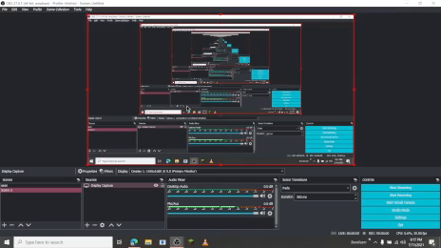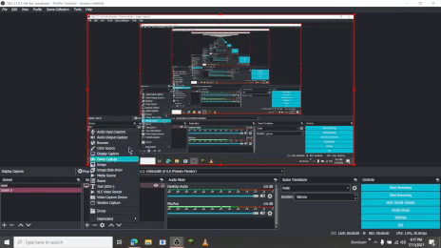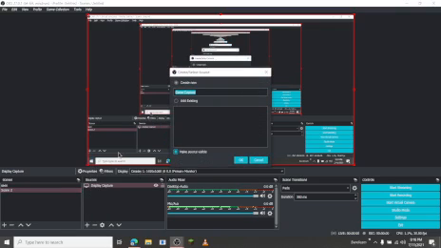Now if you want to capture a game or whatever you want to do, you can get it from here only. Everything is here: audio input capture, audio output capture, browser, and the video capture device is also there. Now what you want is the game capture. Yes, guys, the game capture. You can change this name also, no problem.